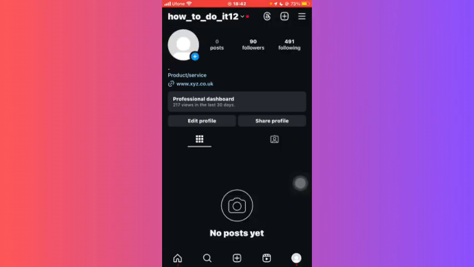But since it was just a draft link, that's why I don't know where I'm directed to. So anyways, this was how you can add any external link to your Instagram